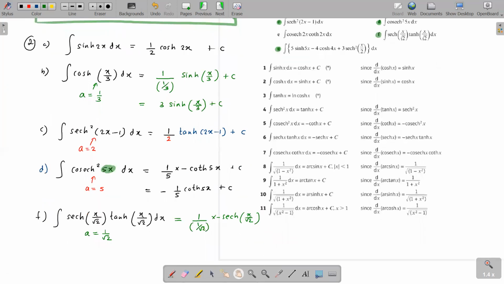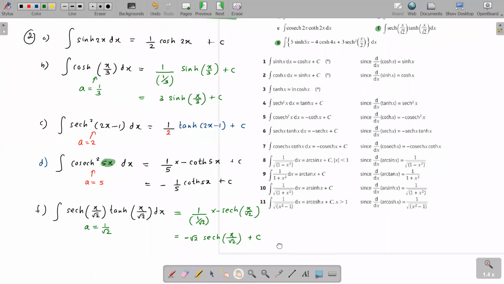Okay, then this can be simplified. 1 divided by 1 over root 2 is going to give you directly root 2. Minus mark will come in front: minus root 2 sech x over root 2 plus c. And don't forget the plus c. Okay, then we'll move on to part G, integration of